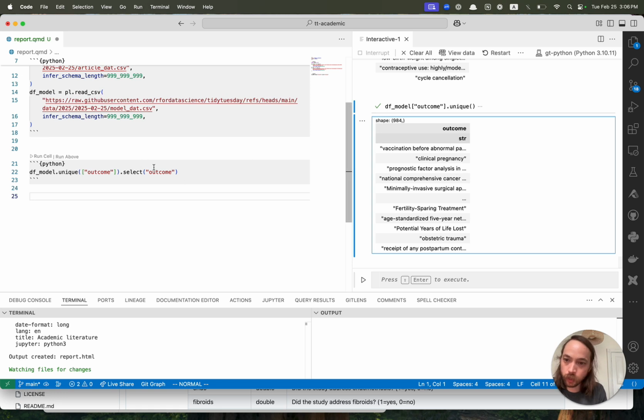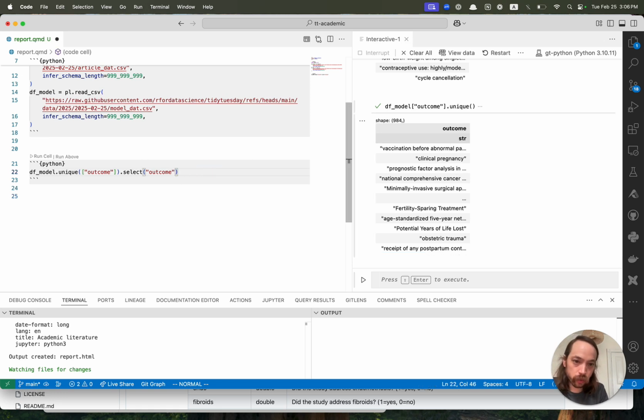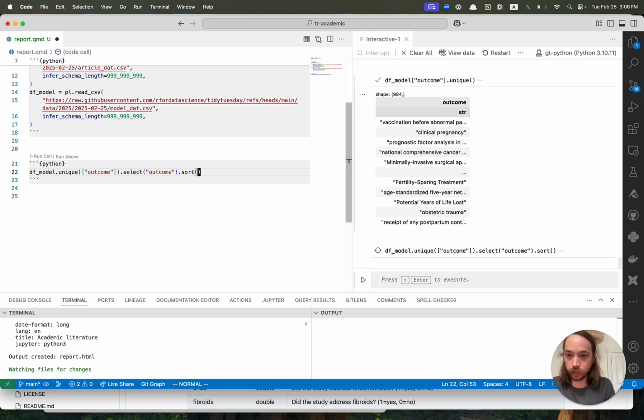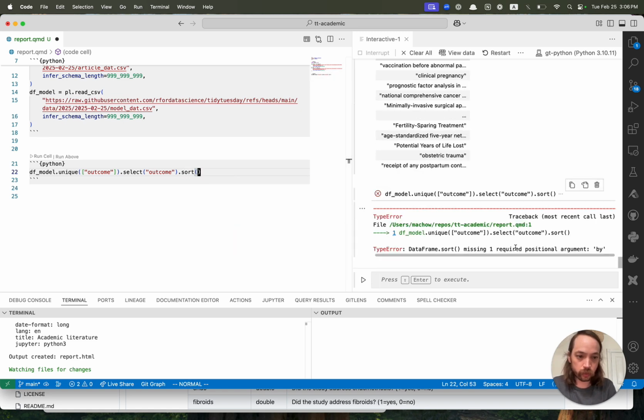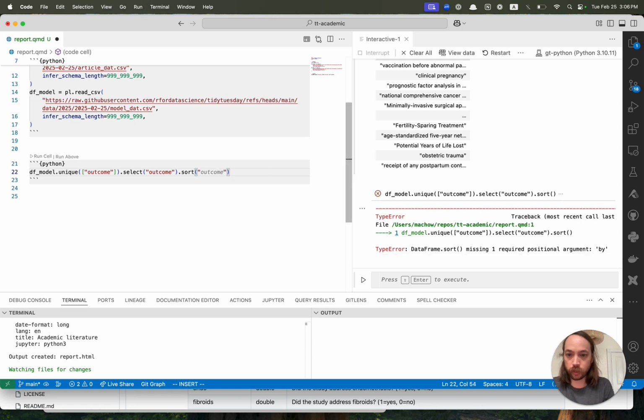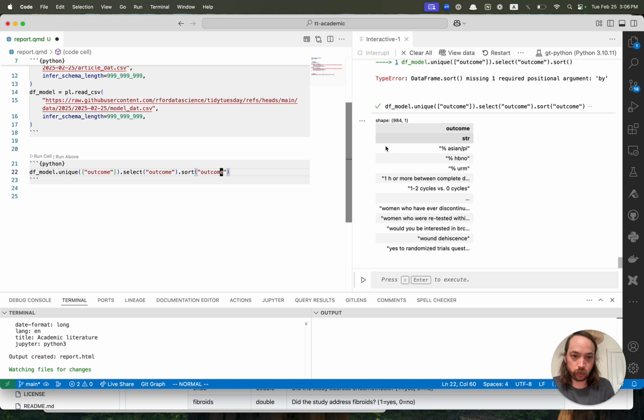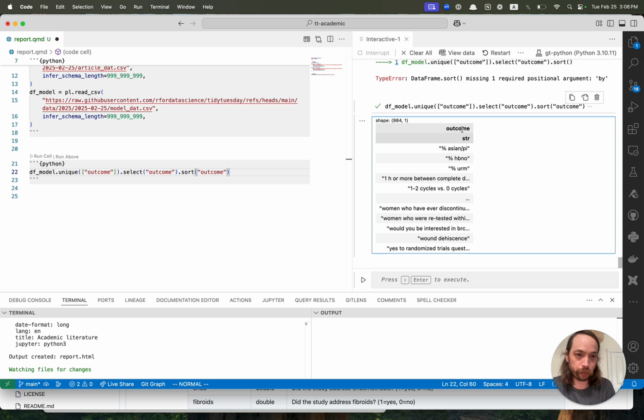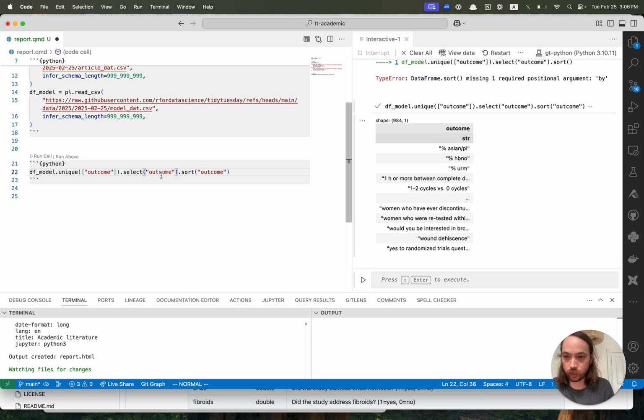And then let's see. Sort. Wow, I've actually really forgotten a lot of the polars, how to use polars, so that's really great. But okay, so let's see. I'm gonna actually use one more tool. Let me do